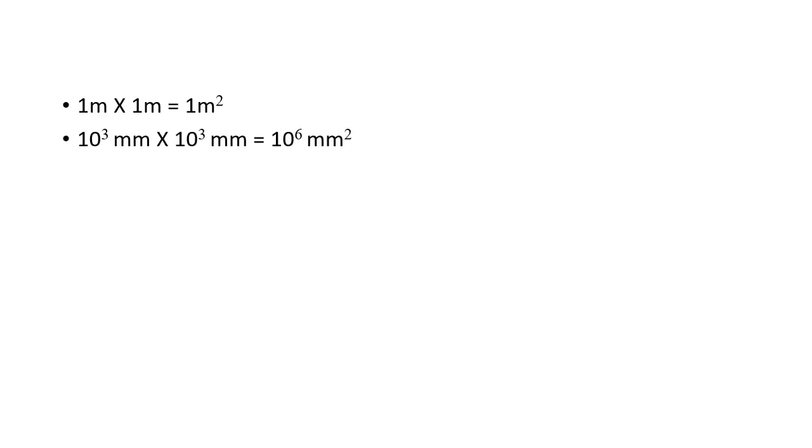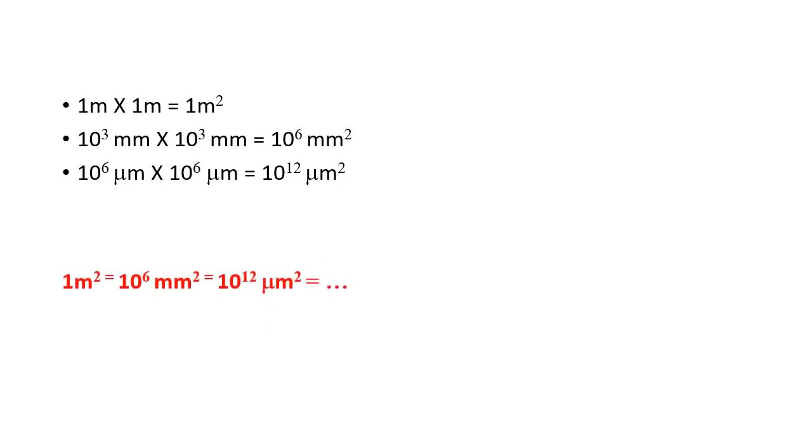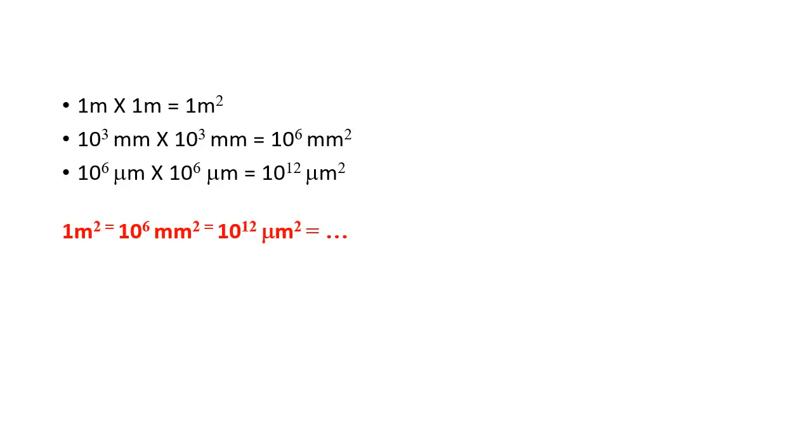So another something else we can do. Again, 1 meter multiplied by 1 meter is equal to 1 meter squared. I can define other units as well here. For example, 1,000 millimeters multiplied by 1,000 millimeters equal to a million millimeters squared. Each meter is actually 10 to power 6 micrometers, so 10 to power 6 micrometers multiplied by 10 to power 6 micrometers is 10 to power 12 micrometers squared, and we can now define the set of definitions that will link between